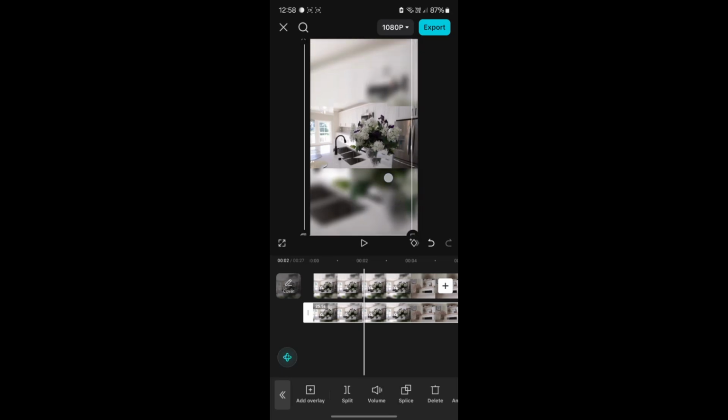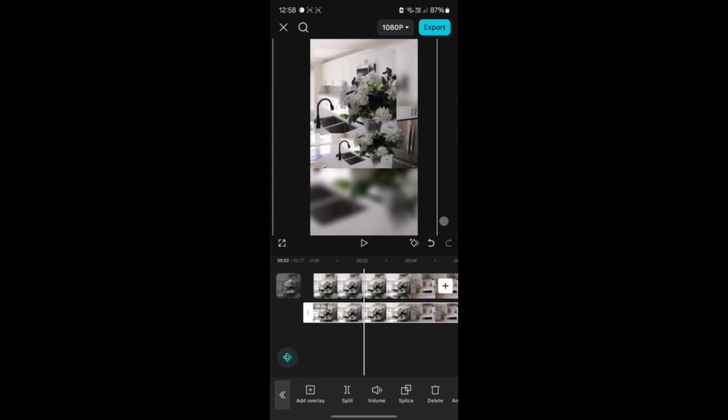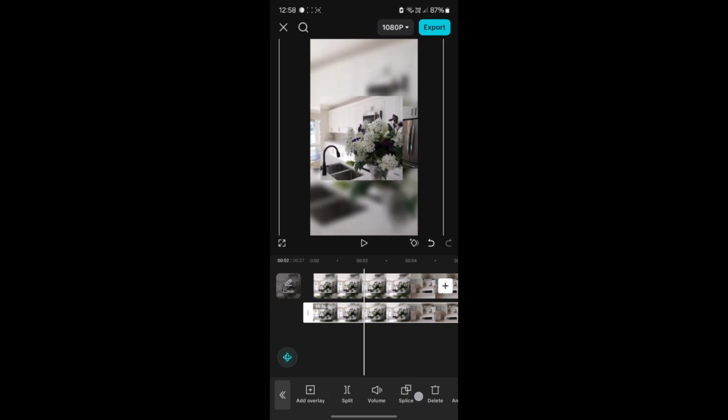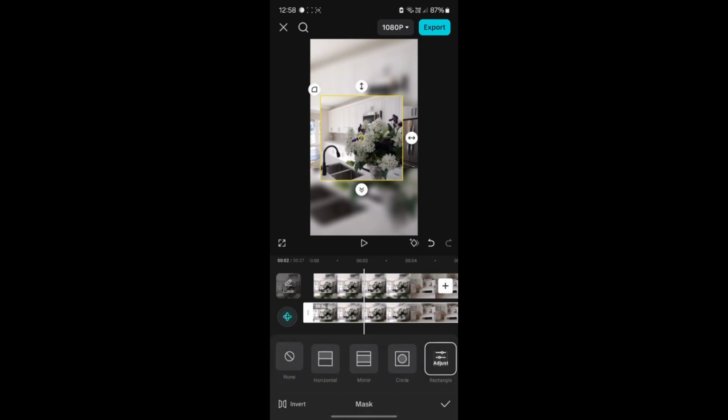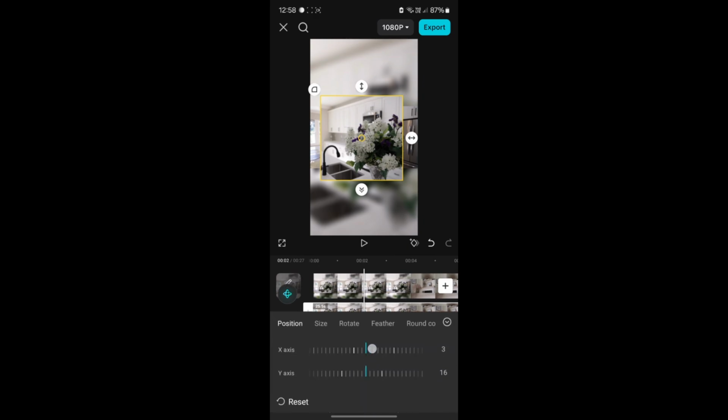Here we have the mask option, as you can see. With this mask, we can resize it larger or smaller to fit perfectly. With this mask, we can of course move it around freely, as you can see here, adjusting its position to perfectly fit the scene. We can resize it larger or smaller, move it up or down, and adjust it freely, as you can see